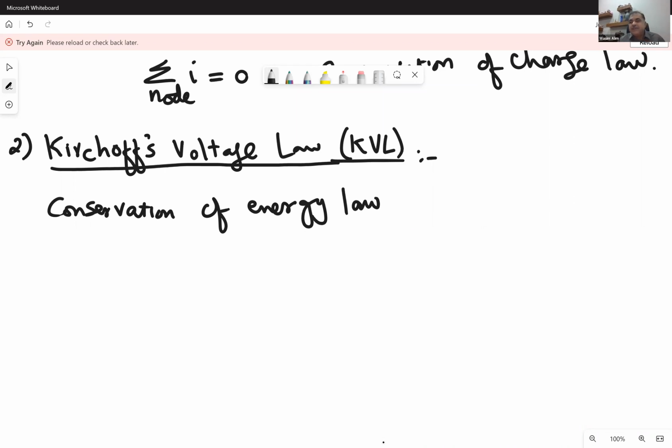Because the source of energy in a circuit is the voltage source. So therefore, since we're looking at voltages there, we can then say that the sum of voltages around a mesh in a circuit is equal to 0. Okay. So over here, we can say that the sum of all voltages around a loop